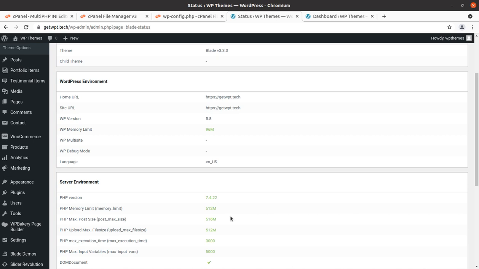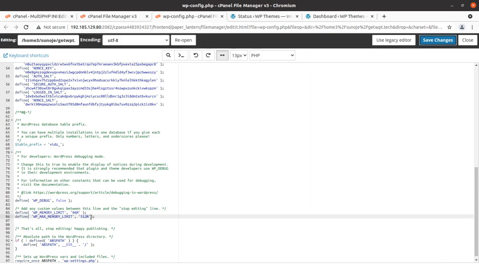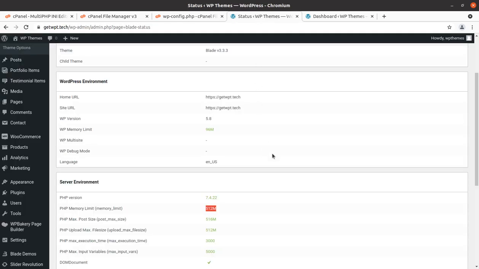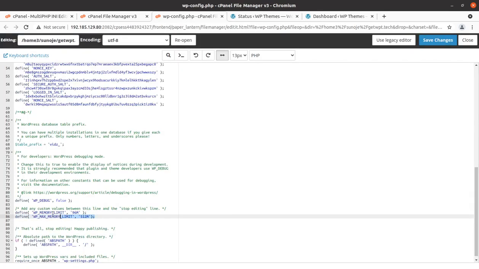So yes, if we keep the higher value in the WP config, and the PHP INI file is just 256, it worked. And yes, for increasing the WP memory limit or PHP memory limit overall, these two lines are a boon for you, and it is really going to work.